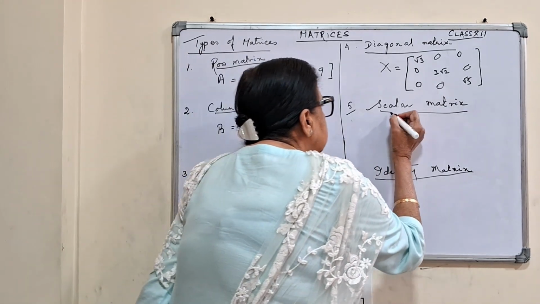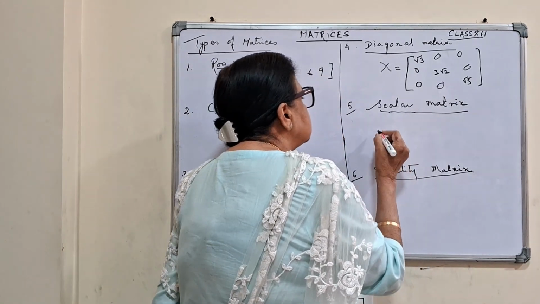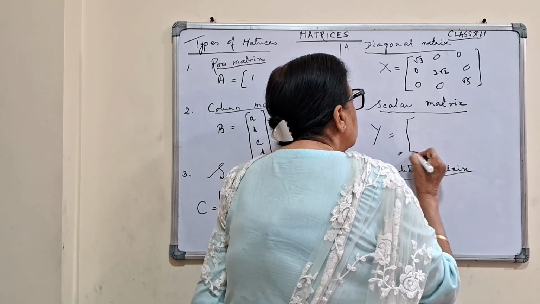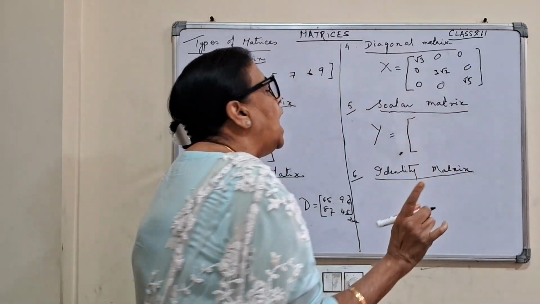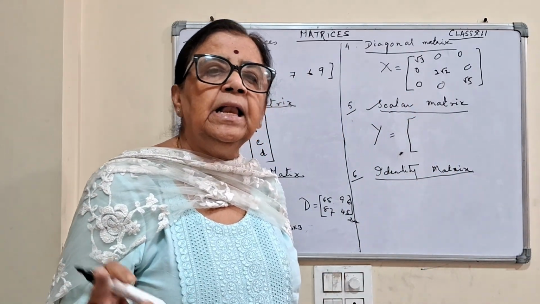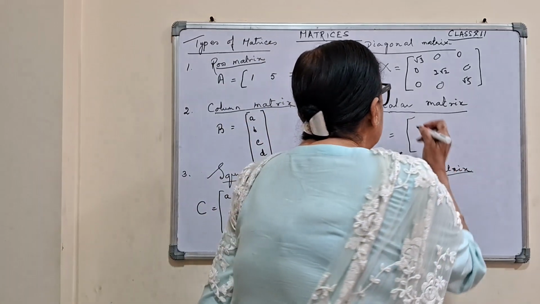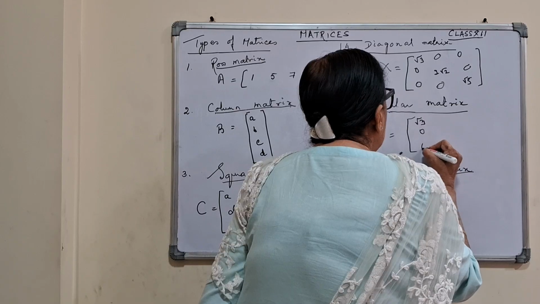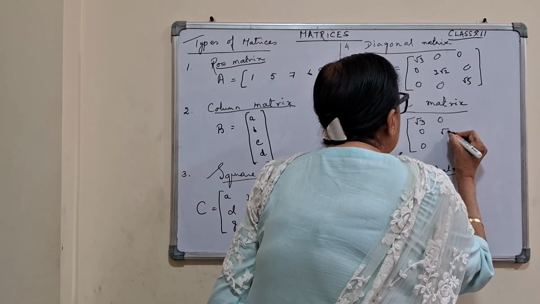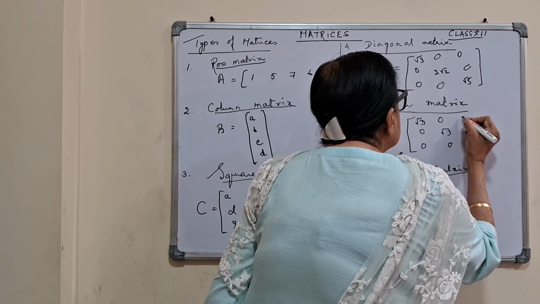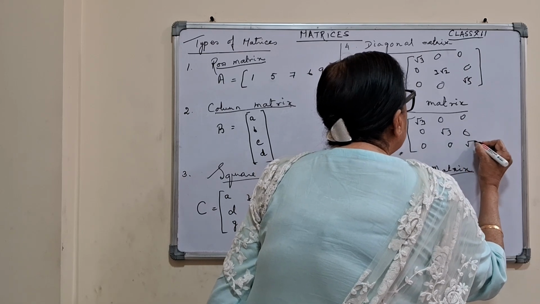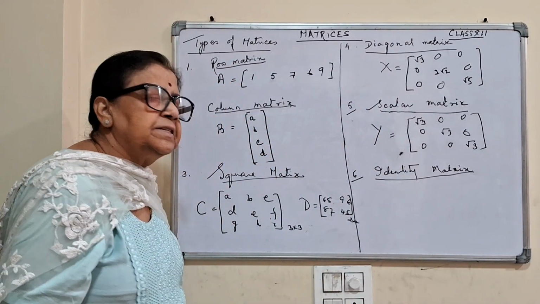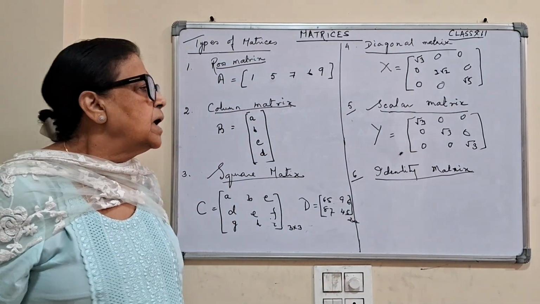A scalar matrix is a square matrix whose diagonal elements are all equal. That is, root 3 and 0, 0; 0, root 3, 0; 0, 0, root 3. They are called scalar matrices. Okay. Now,